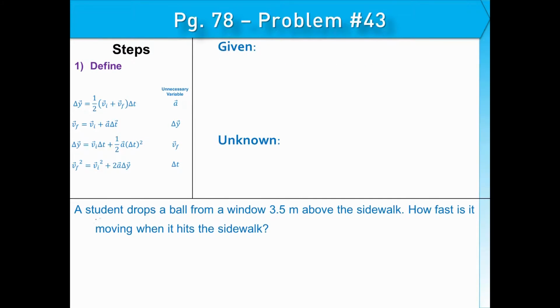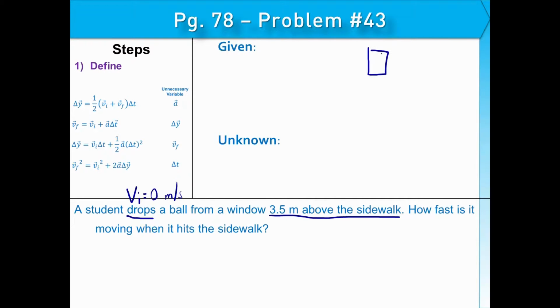So in this problem, a student drops a ball from a window 3.5 meters above the sidewalk bed. So let me go over the word drops. When it says drops, this implies that the initial velocity in the y direction is going to be 0 meters per second. And when it says drop from a window 3.5 meters above the sidewalk, well, let me go ahead